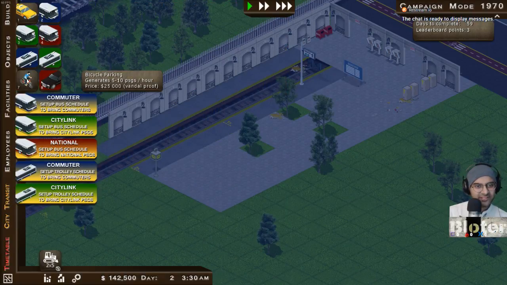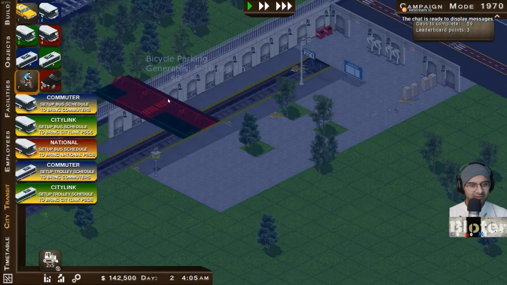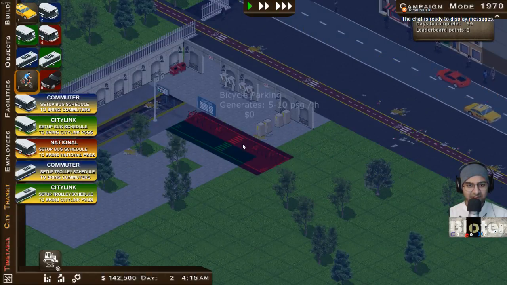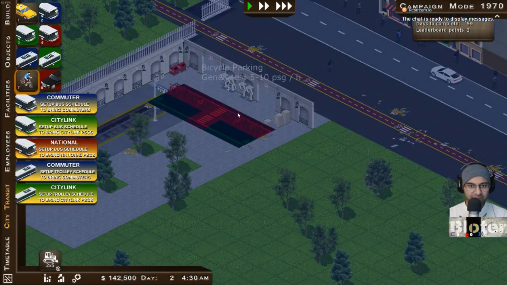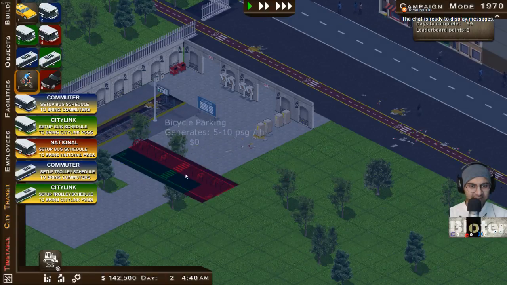Right, in terms of city transit, bicycle parking generates 5 to 10 PSGS. Alright, so I guess that is passenger growth, I don't know, whatever that is supposed to be. Right, but let's definitely have this thing sorted. How about we get this thing, where do I get this thing sorted? How about there? Nope. Interesting, so it has to be within the